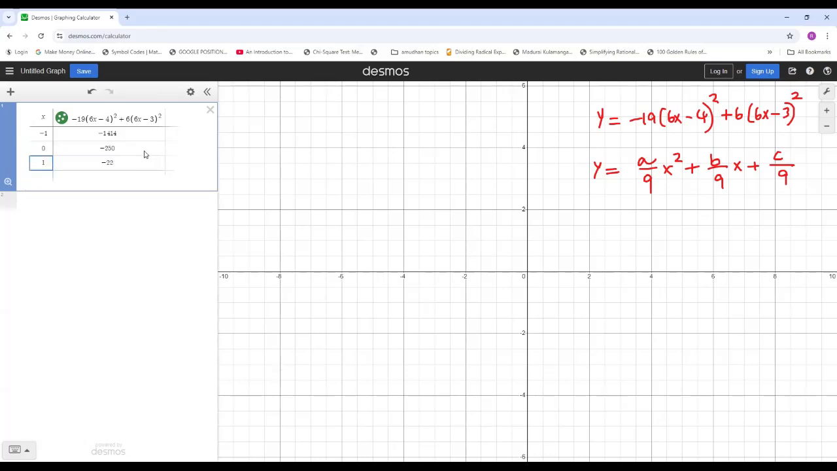So I'm getting negative 22. So now I got the 3 points. That is negative 1 comma negative 1414, 0 comma negative 250, and 1 comma negative 22. Okay, now what I need to do is I have to give these 3 points as input, and I have